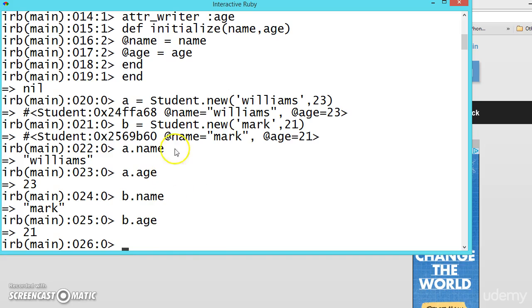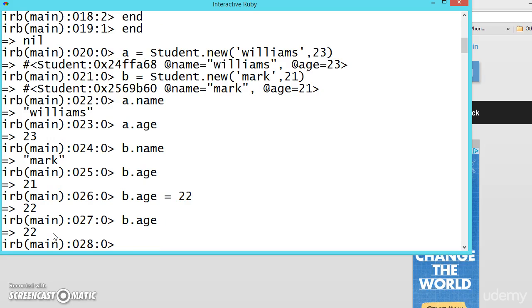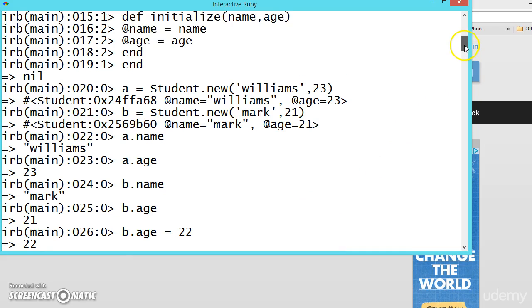Now if you want to change the age, we can change it because we have written attr_writer. When it was 21, we change it to 22: b dot age equals 22. See, now it is changed. Now let us check what is b dot age. It is 22. We have successfully changed it.